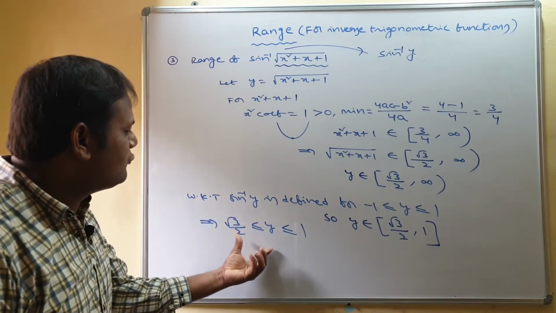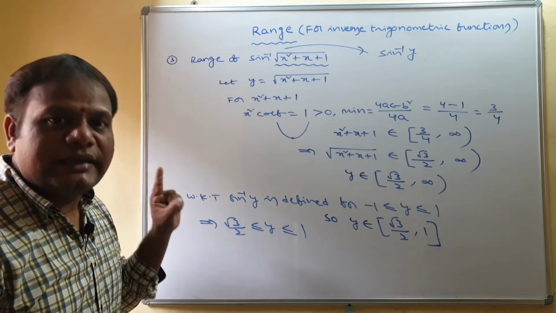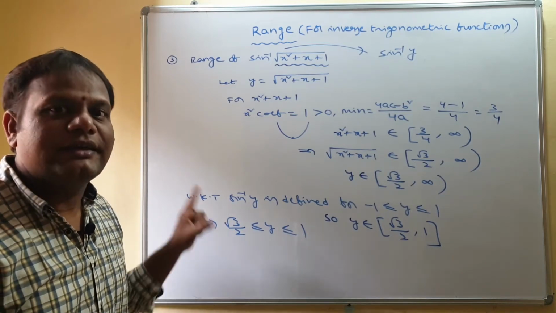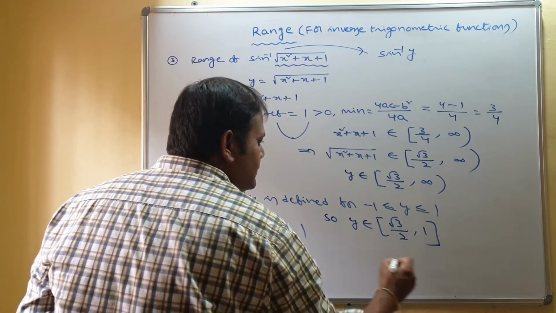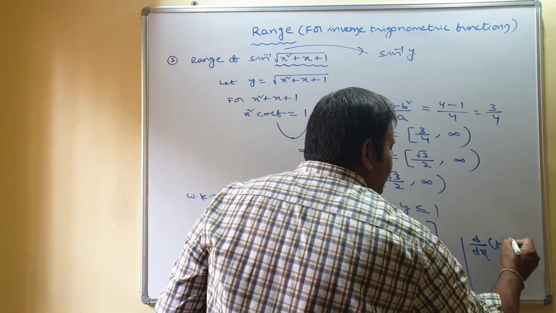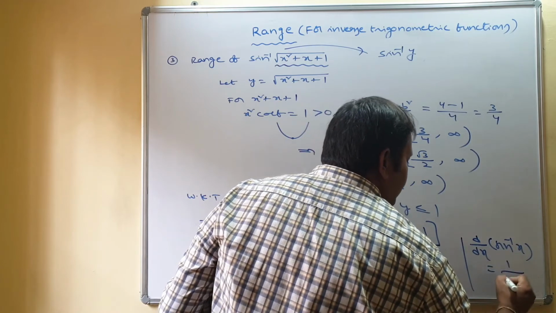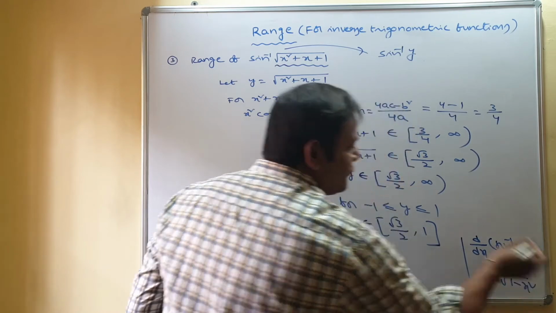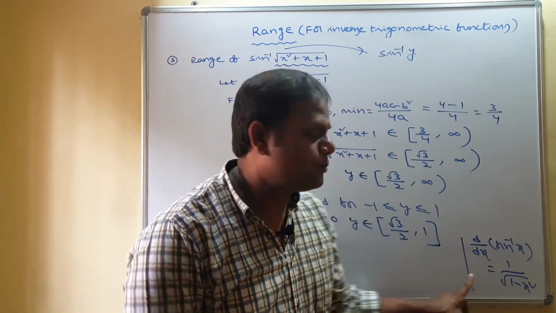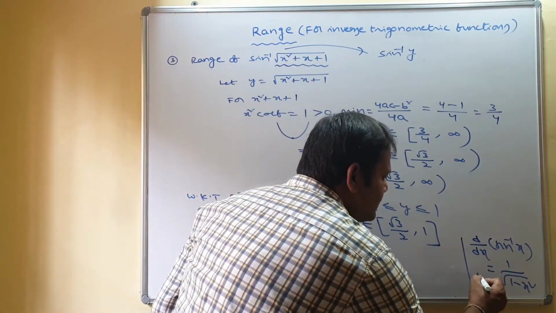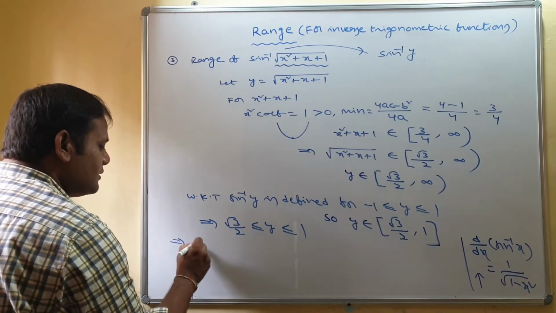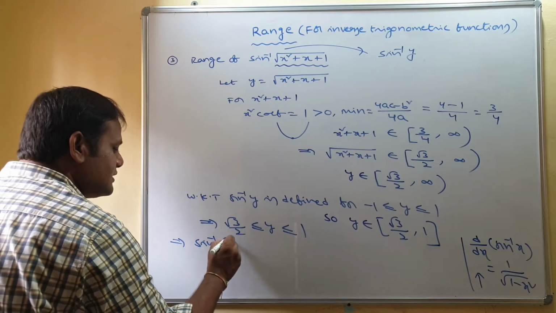What function do you have to apply now? Sine inverse. Is the sine inverse function an increasing function or decreasing function? Increasing function. Why? Because if you take its derivative, you can understand that. Derivative of sin inverse x? 1 by root 1 minus x square. 1 is always positive. Square root function is always positive. Totally it is positive. So what function is it? Increasing function. So if you apply an increasing function, no change in the inequation sign.